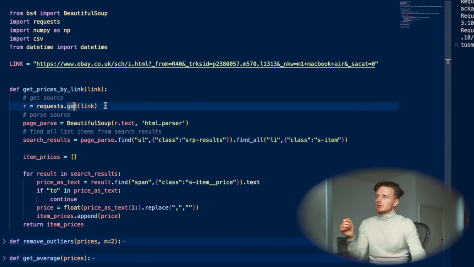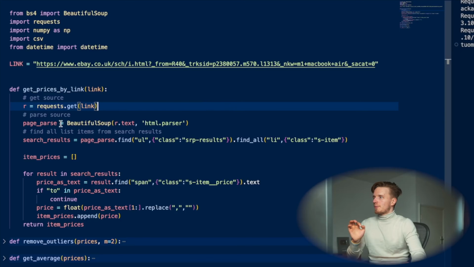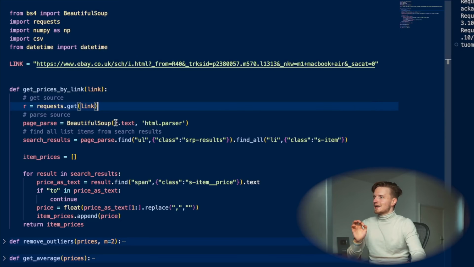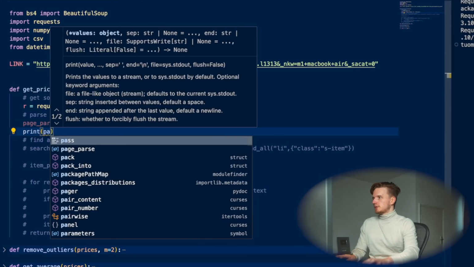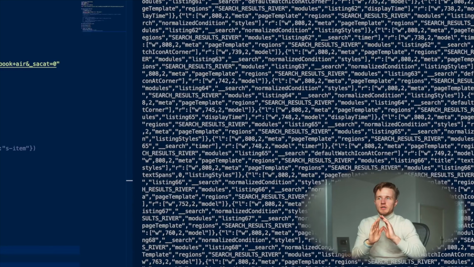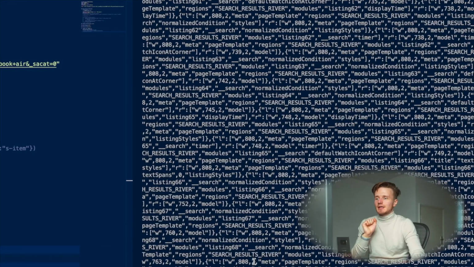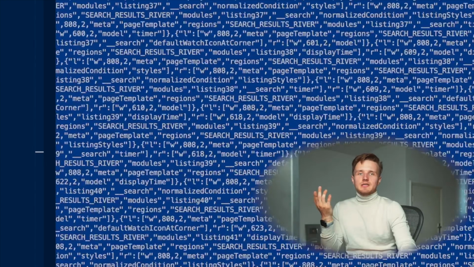We send a get request to get this page using Python code. Then in order to actually look at it, we are going to use Beautiful Soup. So we're going to go page underscore parse equals Beautiful Soup, with r.text as the first parameter and html.parser as the second parameter. And just right here, if you quickly print this page parse just to see what's actually going on here. When you strip out all the styling, all the JavaScript, all of that, this is actually what this web page is like. If you just care about the content, like the actual information,